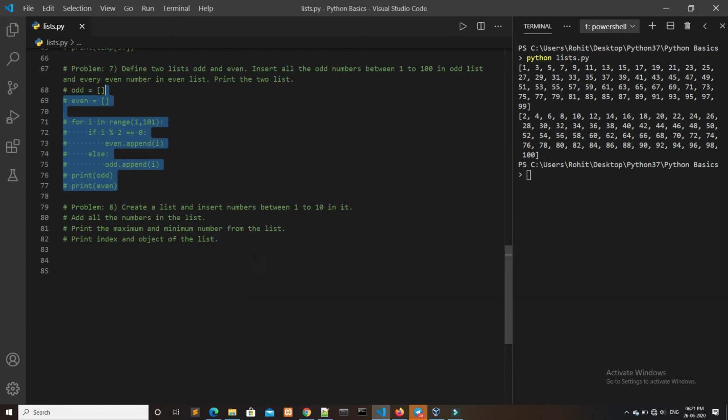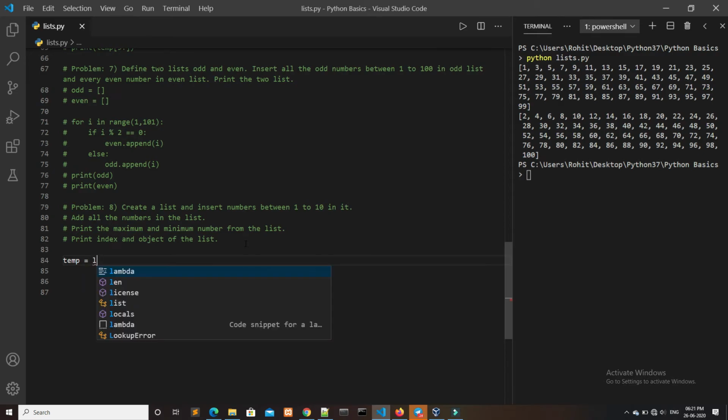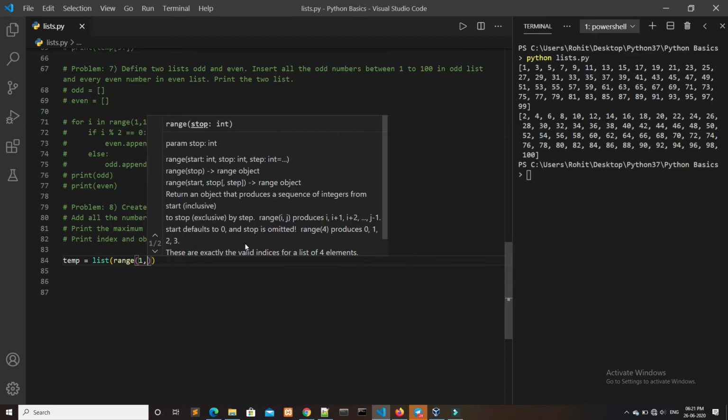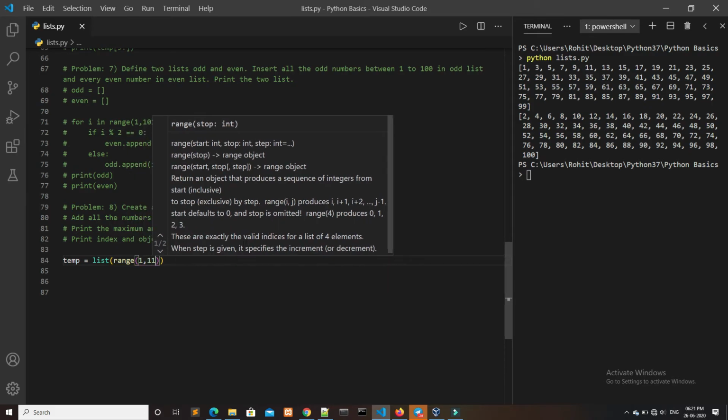Now I will go to problem number 8. In problem number 8, we have to create a list and insert numbers between 1 to 10. So first I will name the list temp, and we have to insert values from 1 to 10. To insert values from 1 to 10, we have to write list(range()), and we have to go from 1 to 10, that is, we have to write 11 here.